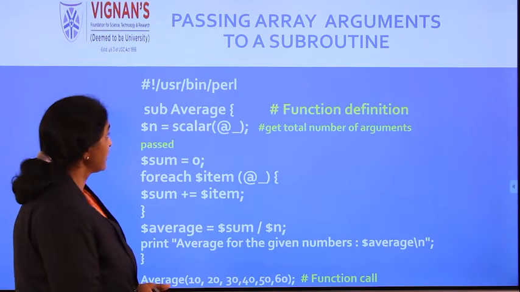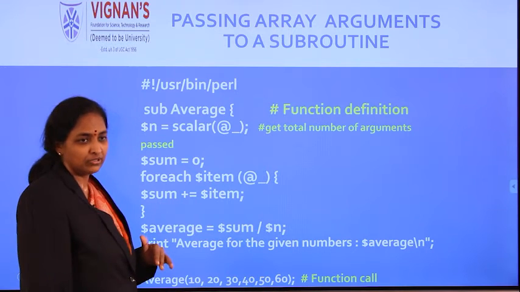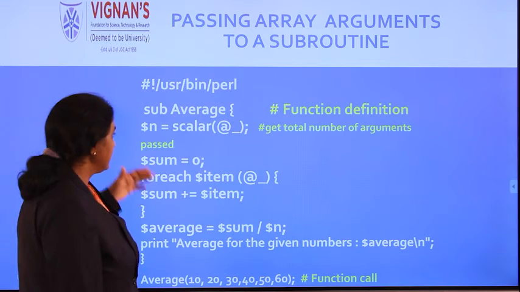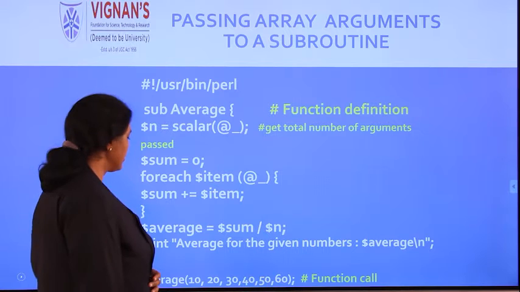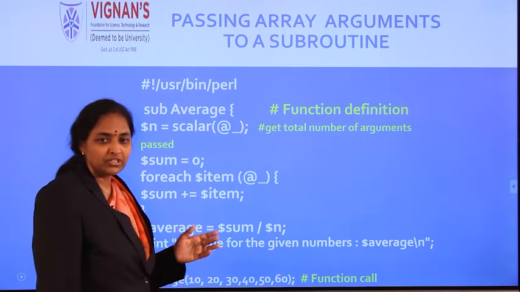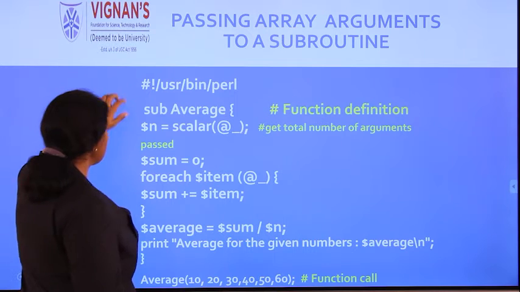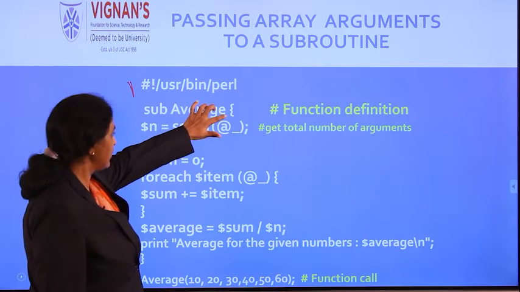Now see the second example. Here is how to pass multiple parameters. Earlier we have seen how to pass a single value. In this case, by using reference, how to pass multiple parameters. My interest here is finding the average. So this statement is common, as you know from earlier. Now I have given the same name.